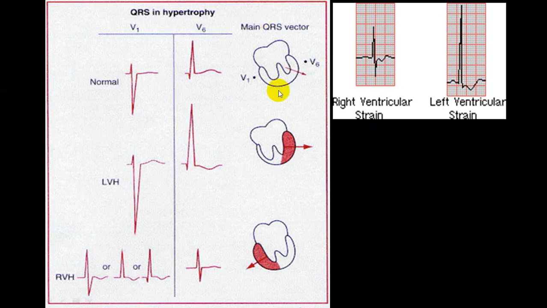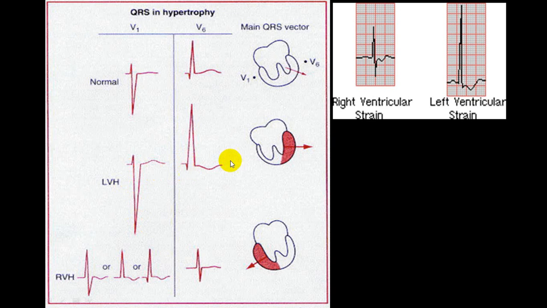Now, we'll show you what you will get in R wave in case of LVH and RVH. This is V1, this is V6. In normal person, V1 will show you small R wave, deep S wave. And in V6, you will have a small Q wave followed by a R wave, and hardly there will be an S wave. This is normal ECG. But in case of an LVH, you can see that here, the R wave is small, the S wave is much deeper, markedly deep. This is because this has undergone hypertrophy. And this corresponds to right side lead. And this is left side hypertrophy. So it will give a deep S wave.